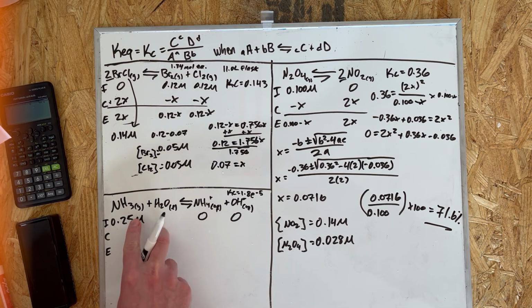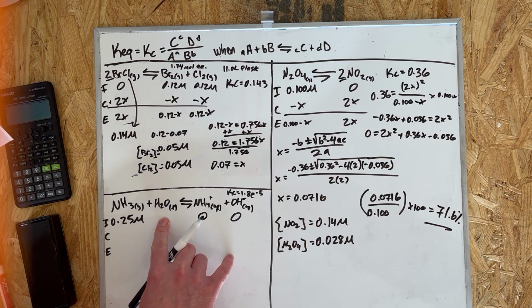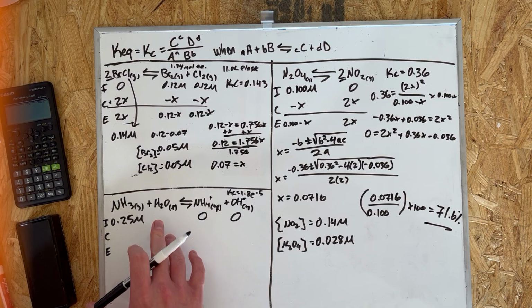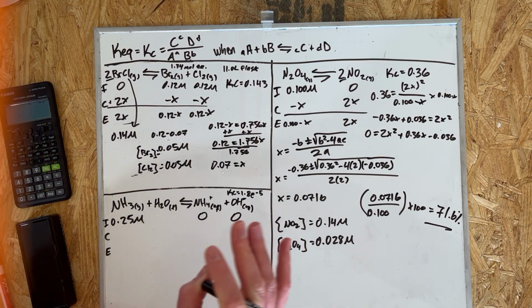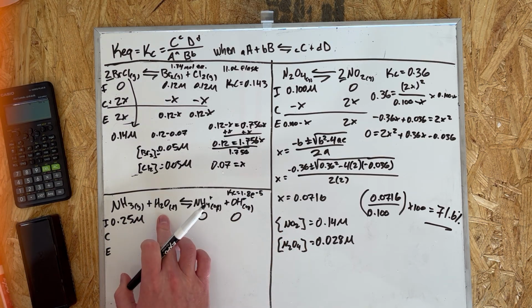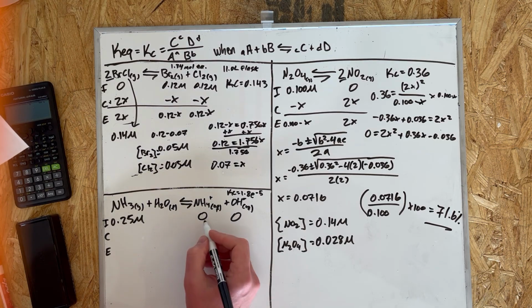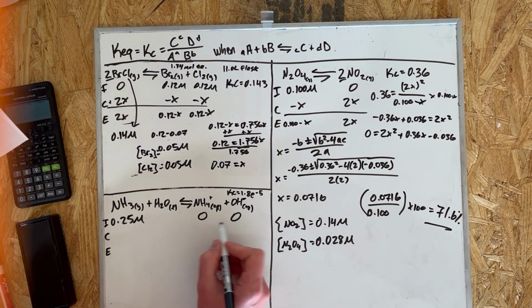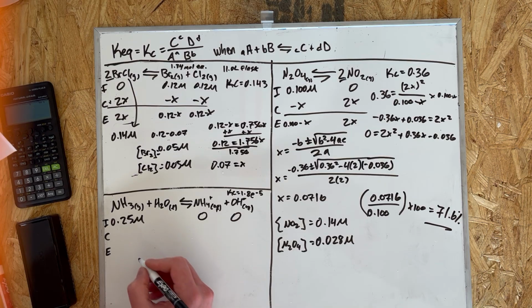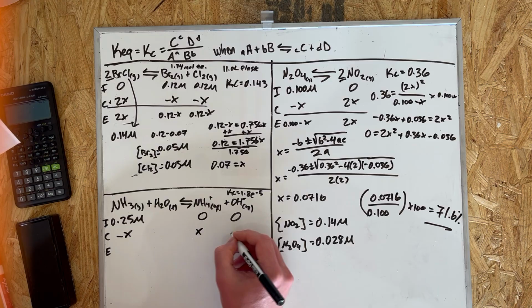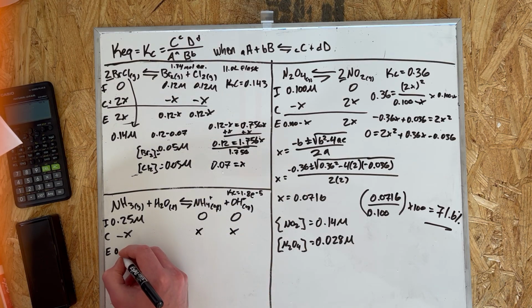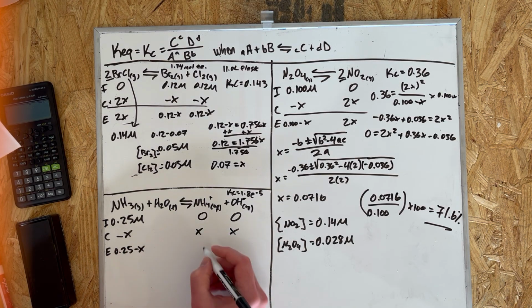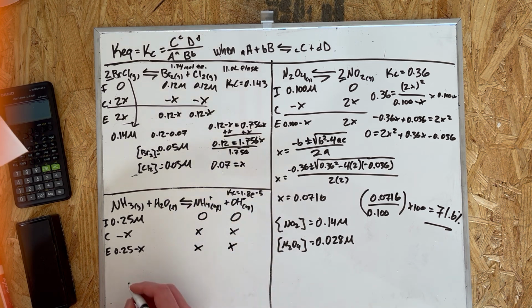So here we've got two reactants. We have a gas and we have a liquid. So liquids and solids are not included in equilibrium concentrations because we don't look at them in terms of concentration, so we'll just ignore that. So we've got 0.25 molar, and then we have none of either of these. So then we will say minus x for our change here, and then x and x. So then we have 0.25 minus x. We've got x for each of these. So now we can set up our Kc is equal to